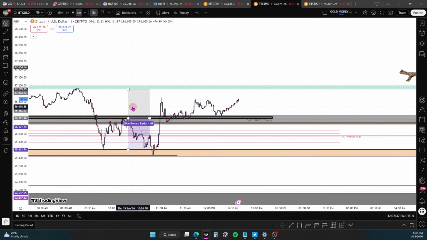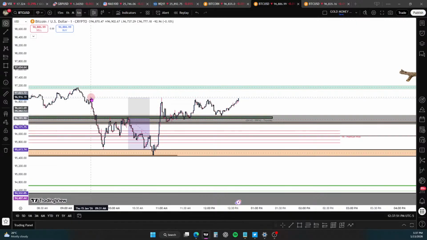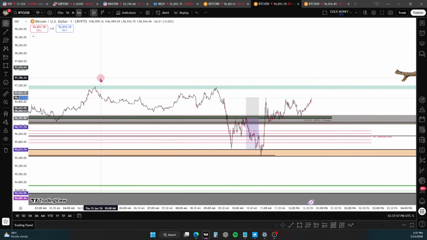But are you really gonna want to watch price go all the way up to the level of here, even though that's a PD area? You would probably want to know you're wrong a little bit sooner, maybe 1.5%. So you got 1% for 1.5%. There you go, this high right here instead of that PD array. Because you know if you take this high, we're gonna go for that, because of the relative equal highs in this area here. I think that's probably where we're going now. I didn't see it before.